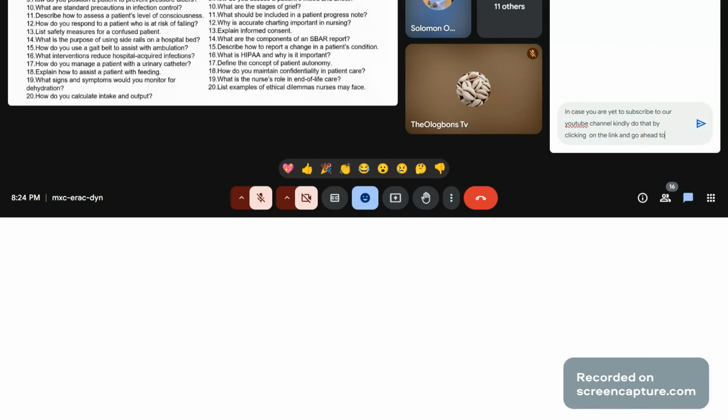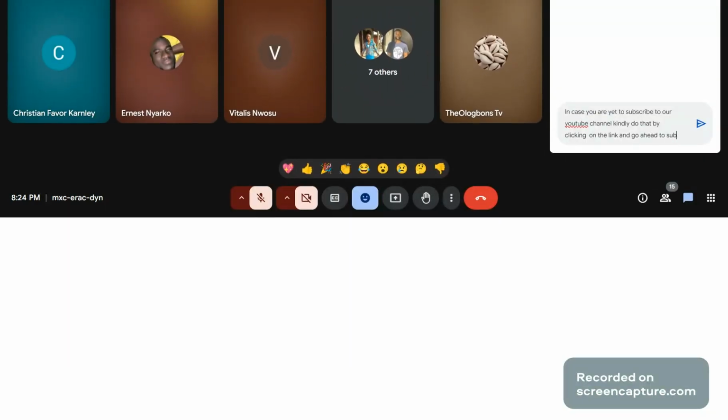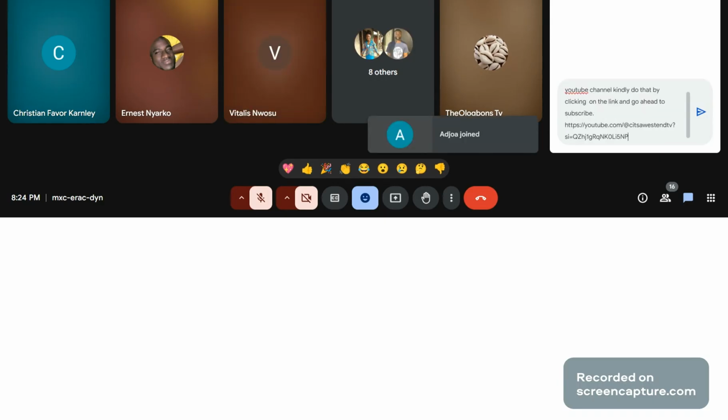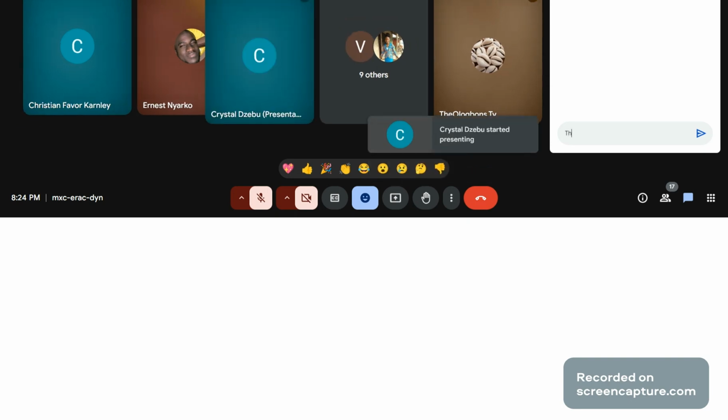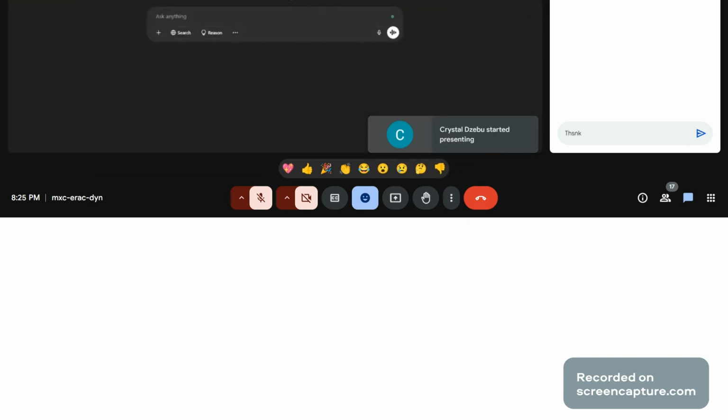Okay, so let me stop sharing and then share the chat screen. I'm actually using two screens, I don't know why. Okay, can you see now? Yes, sir, I can see it now. Okay, very good.